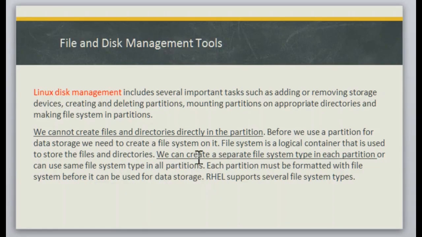We can create a separate file system type in each partition, or can use the same file system type in all partitions. Each partition must be formatted with a file system before it can be used for data storage. Linux supports several file system types. So guys, we can't just create a partition on a hard drive and start throwing files and directories into it. We have to first create it and format it with a file system before we can start creating those files